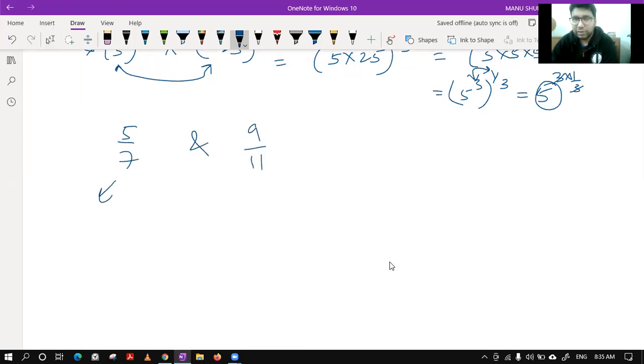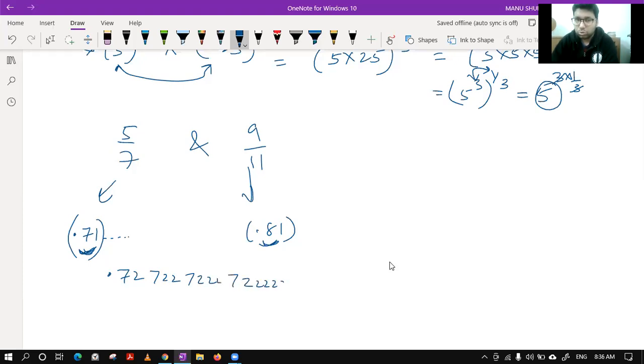When you do the division, you will get a number like 0.71 something. So we are doing only till two decimal places. Here also you will get 0.81. Now you are free. But make sure the number that you are giving should not contain 0.71 or 0.81, because that will be a risky one. So go for 0.72. You are safe. It is perfectly between the numbers. And now you can make the series 72, 7 double 2, 7 triple 2, 7 four times 2. So this way you will get an irrational number without any problem.